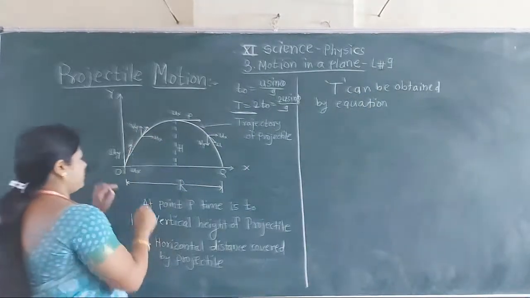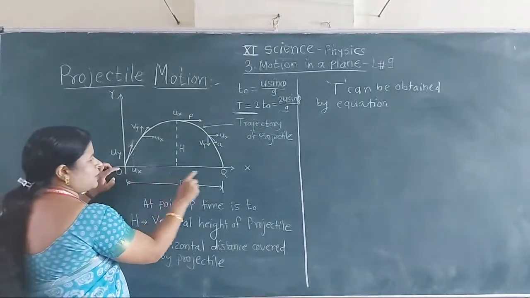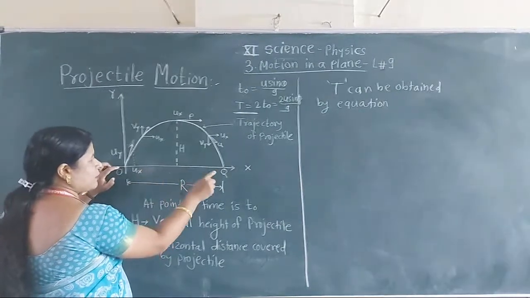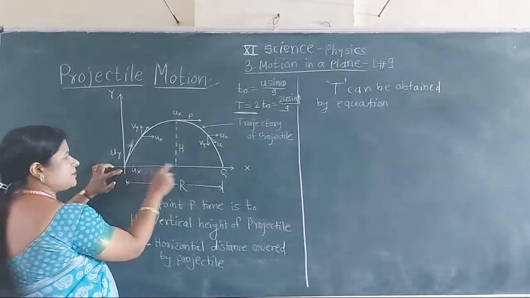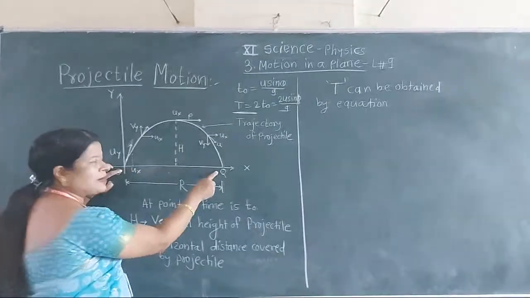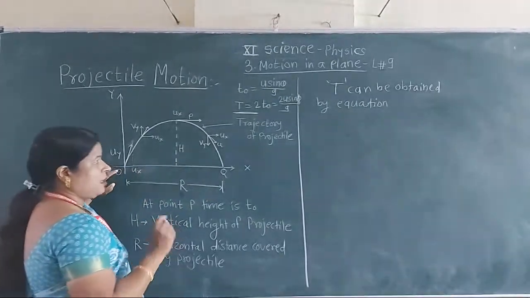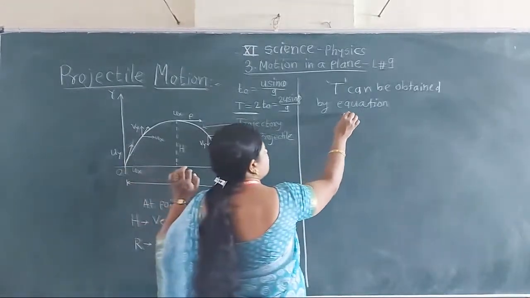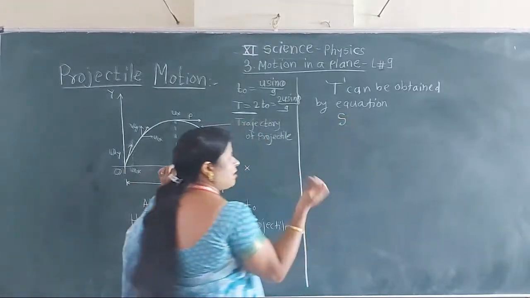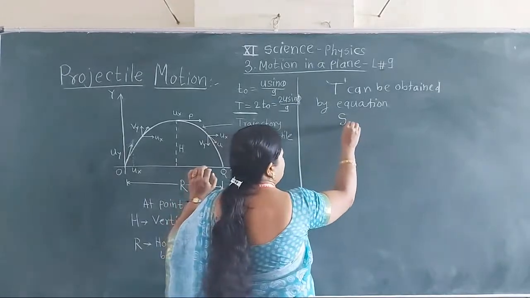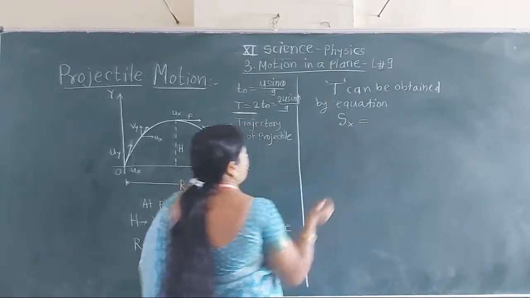Now see, we have to find this horizontal distance, that is the displacement or distance covered by the projectile. For distance we use letter S, and along the x-axis, therefore x, which is equal to